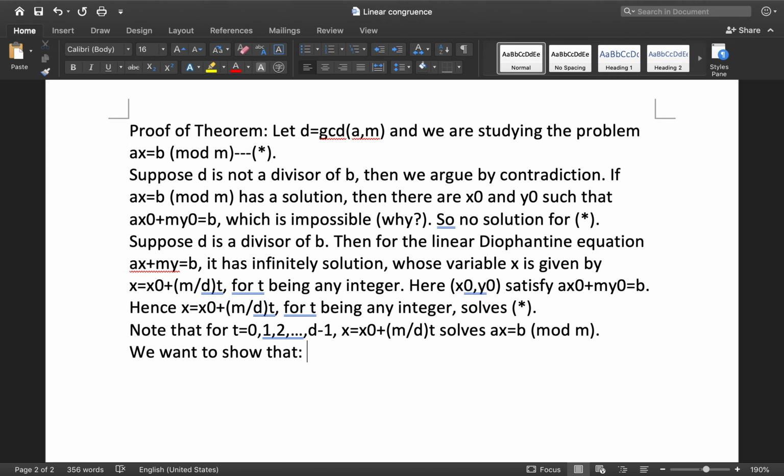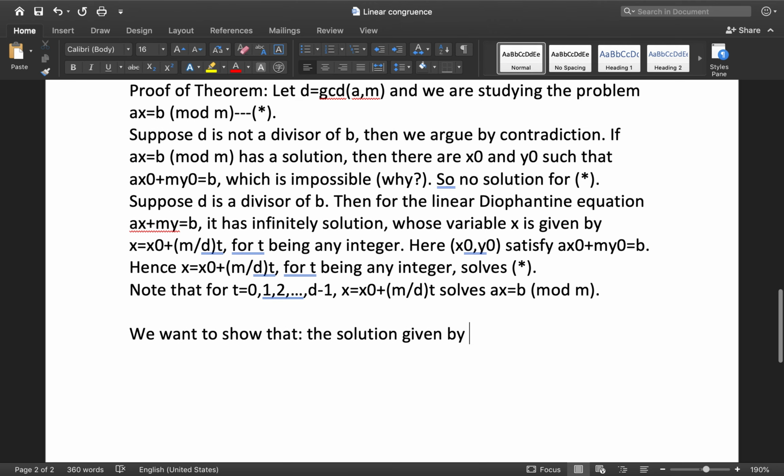Rather than these d incongruent solutions, any other solution will be congruent to one of those members, no matter how hard you try. Let's see why. We want to show that the solution given by